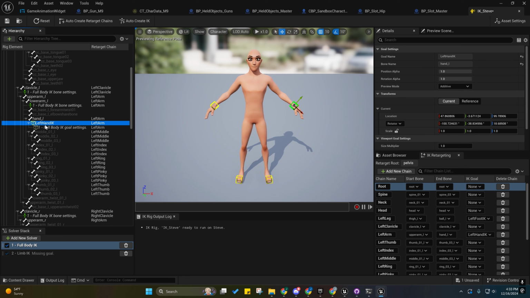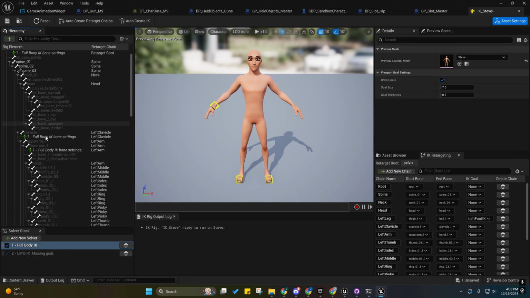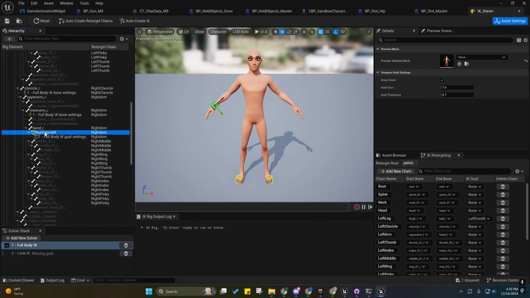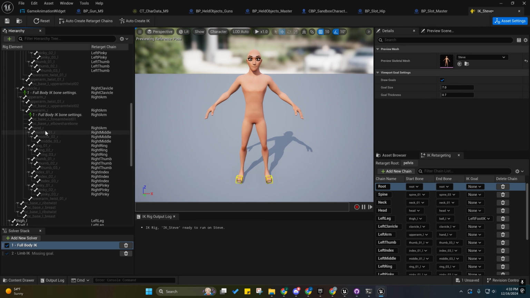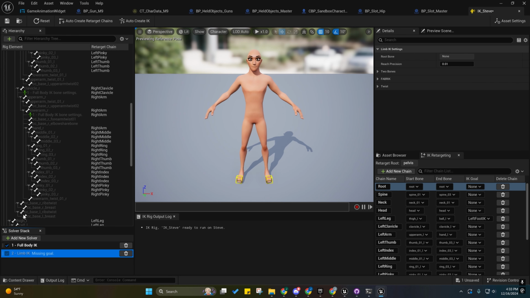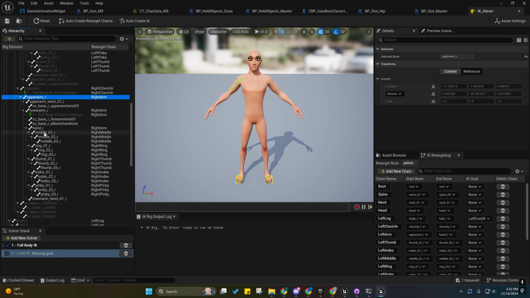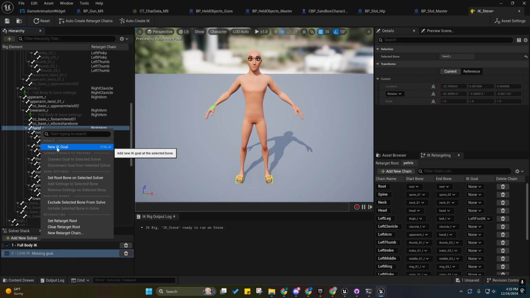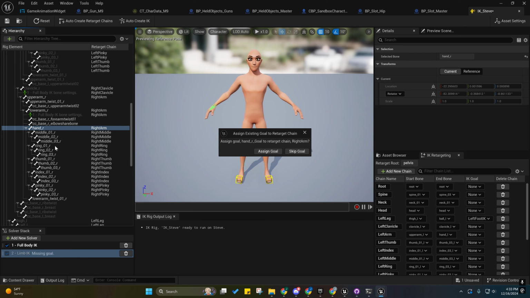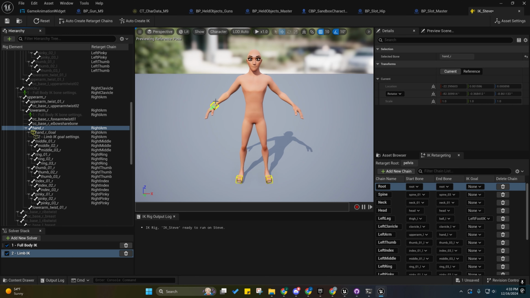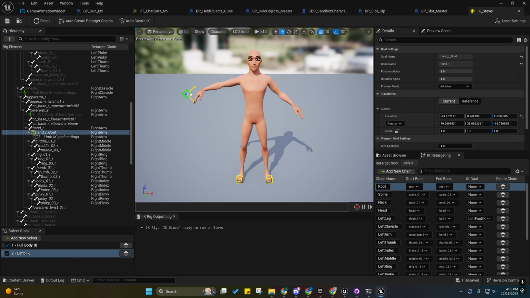So what I'm going to do is delete these two right here. And then I'm going to assign the right arm as the root of this. And then I'm going to assign the hand as the IK goal and assign that. And now you'll see that